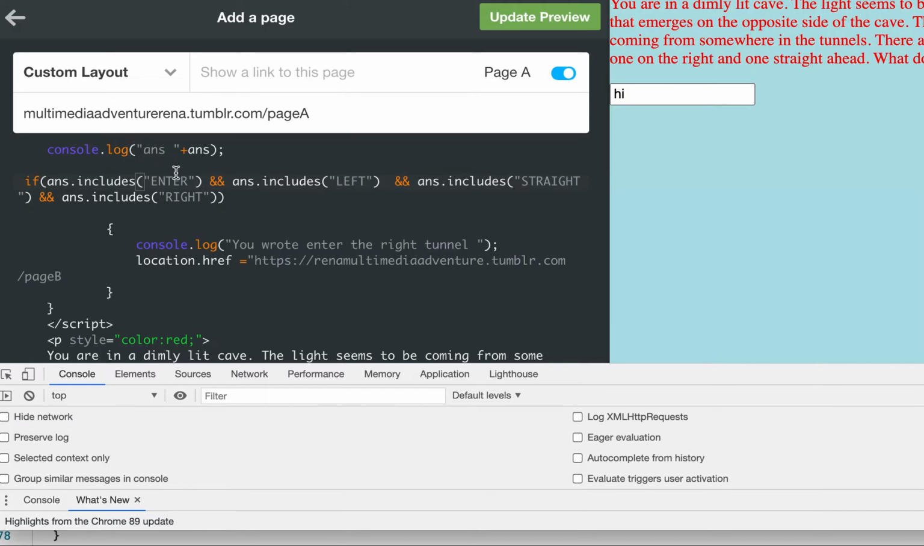So if you're saying enter left and maybe the word tunnel, I'm going to put tunnel in here. And so I'm getting rid of the straight and the right, because there's no way they're going to say go left, go straight, and go right at the same time. That's what you're asking them to say, and they're not going to do that, right? All right, so if they,